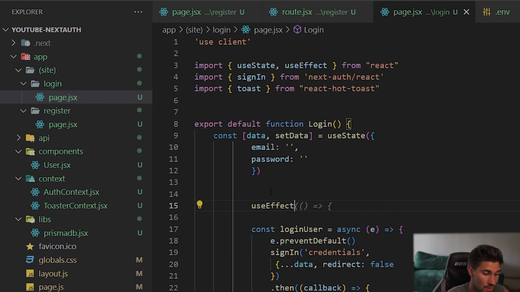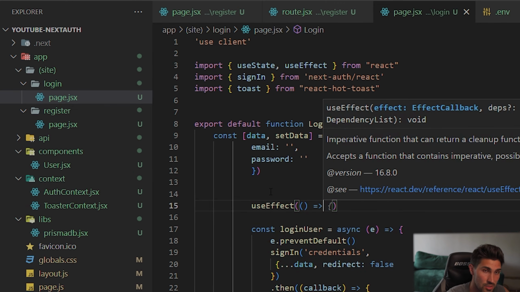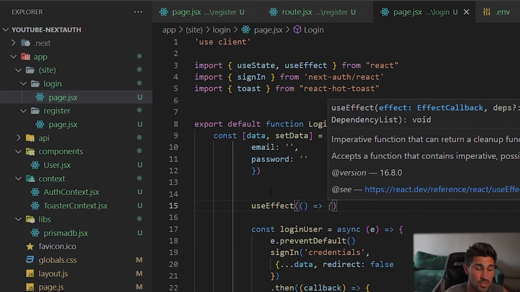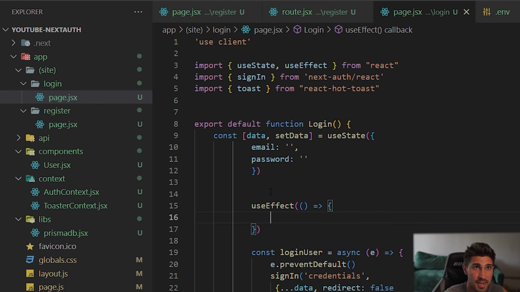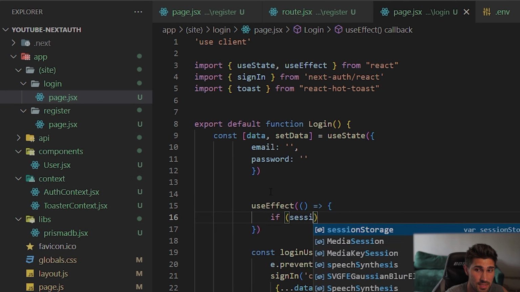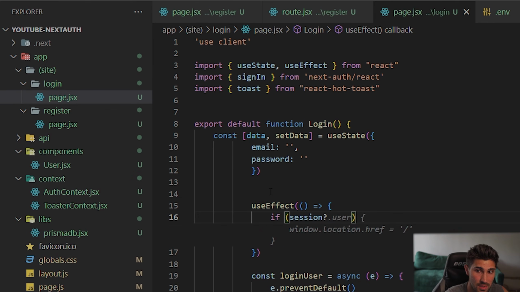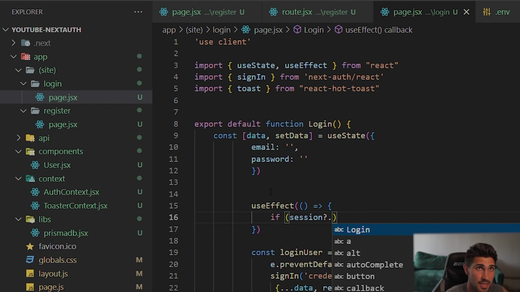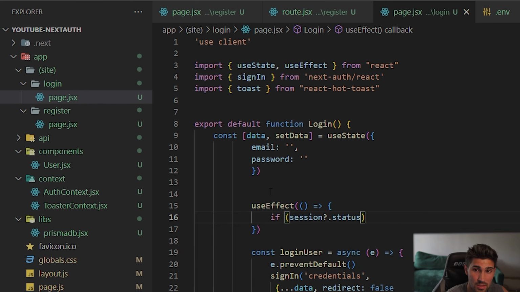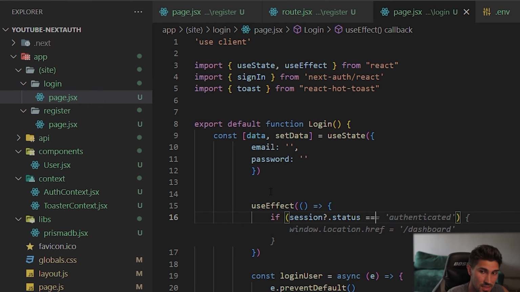So we're going to have a useEffect, and this useEffect is going to be an arrow function. And inside of the code block, we're going to say if the session, which is the object we're getting, dot status, my fault. If the session dot status equals authenticated,